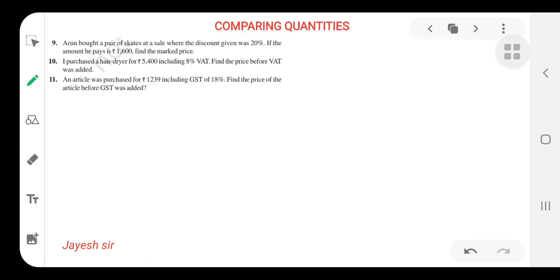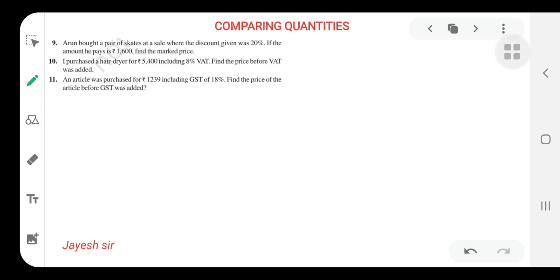Friends, this sum can be done in an easier method. Suppose I am purchasing a thing of 100 rupees MRP and I get a 20% discount, what would be the cost? That would be 80 rupees, because I have got 20% as the discount. Discount is always given on the marked price. In other books you will find that this type of sum is solved with much difficulty and different methods are used. That's why I would like to suggest what we are supposed to do over here.